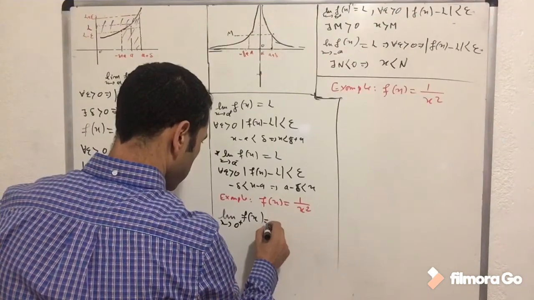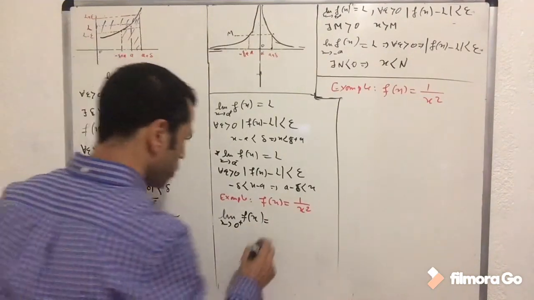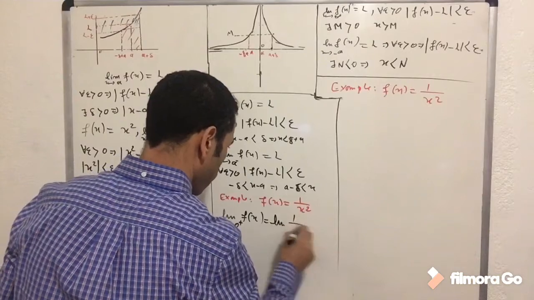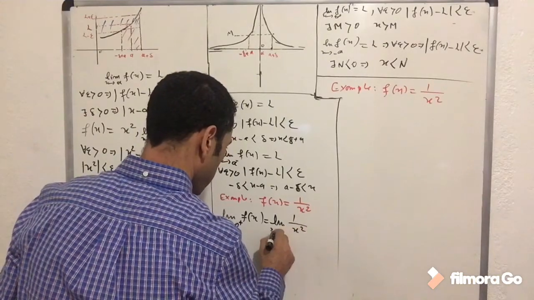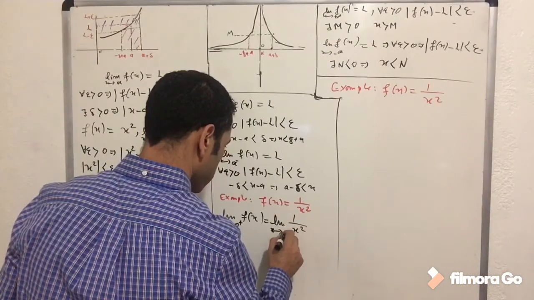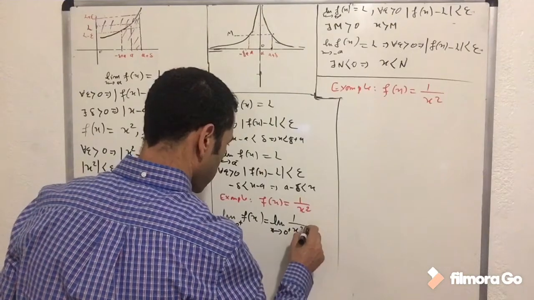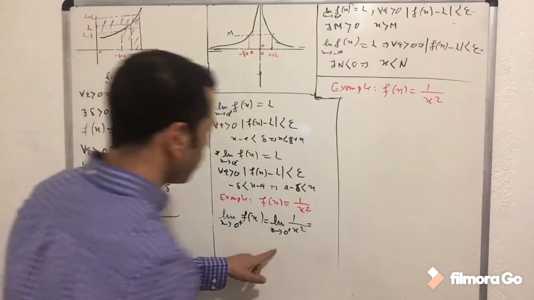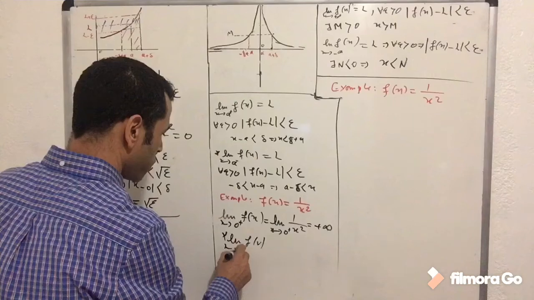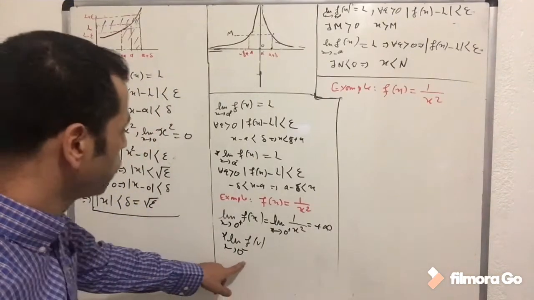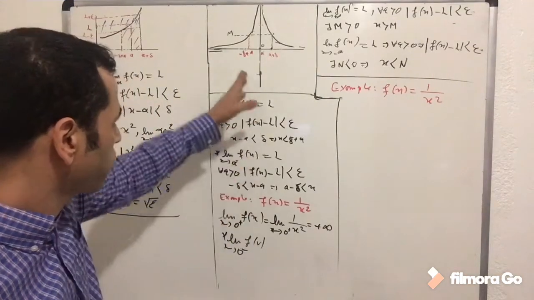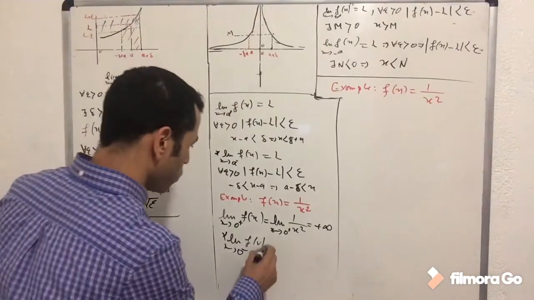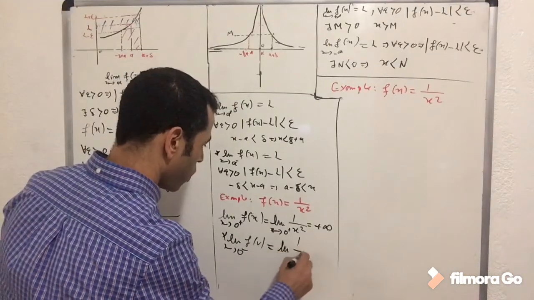So let's calculate it. The limit of 1 over x squared when x is approaching 0 from the right-hand side gives you infinity. When x is approaching the limit from the negative, from the left-hand side, which is the limit of 1 over x